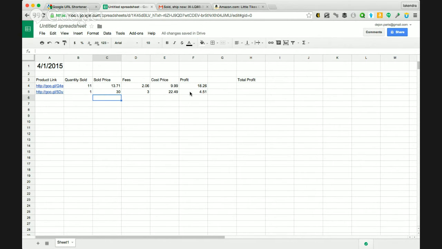Nice profit. Now, when you put this equation in and put all the different parameters in here, it will show you if you did lose money. So let's put that back. Bam. It won't be in parentheses, but it'll have a negative. You don't want to see no negatives. So make sure the next time you sell that item,